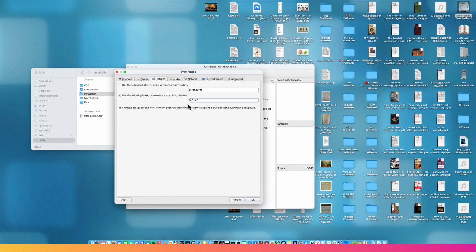The good thing is Command C or Control C is the copy command. So pressing double C will send the word in the clipboard to the dictionary. Otherwise, you might copy it first and then press some other key, which is not intuitive. Okay, just these two,